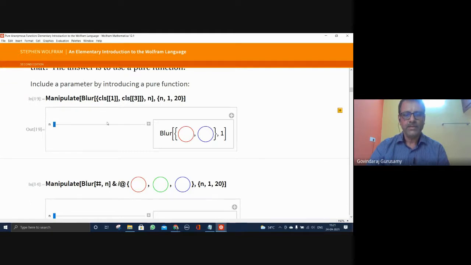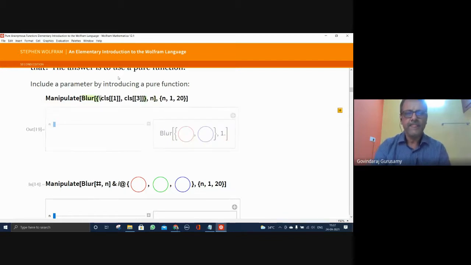No, that's not the way to do it because I have to do the blur one by one. Blurring on the list has been done. So now you can see what's going to happen. I have this CLS1. Remove it. Okay, and the blur level is n. Correct? Close it.